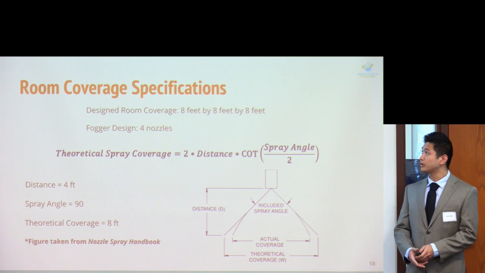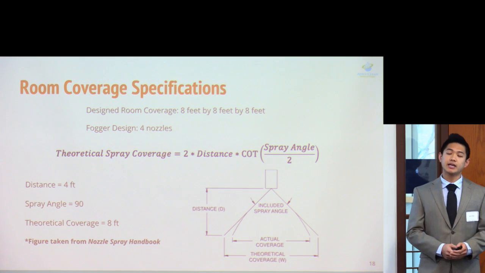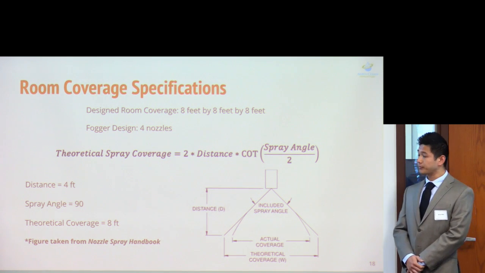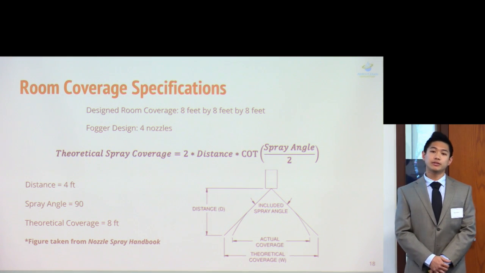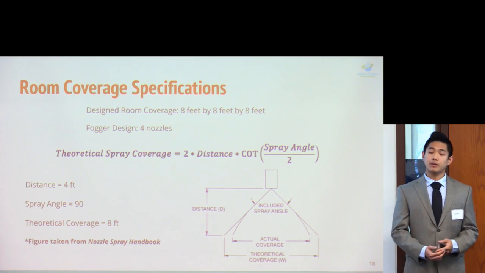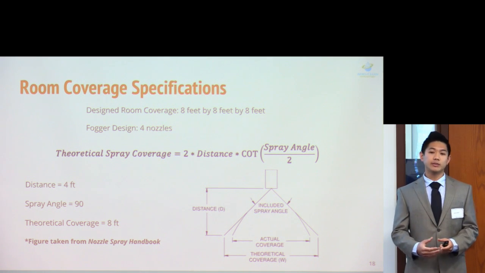So continuing on with the full room coverage, DF16 has the responsibility of coating an 8 by 8 by 8 foot room. This has a surface area equivalent to 384 square feet. So the optimal position for DF16 would be in the center of the room, where it is equidistant from every